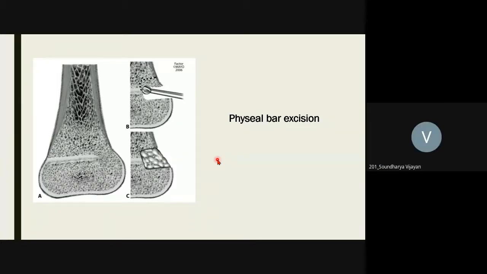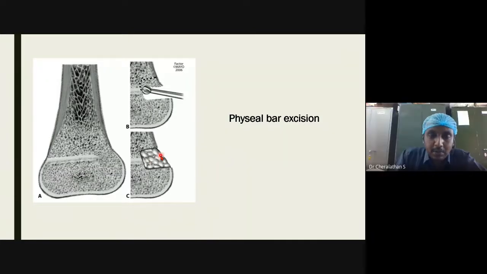Sir, the bone will regrow in that area. Usually it regrows, but since we have left a defect here, the regrowth will happen very late. We have to splint the child's knee in a neutral position until the growth is completed. You can use POP or a splint externally so that the knee is maintained in a straighter position. If it is in a varus position like this,